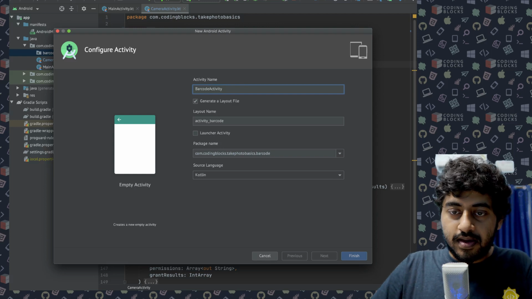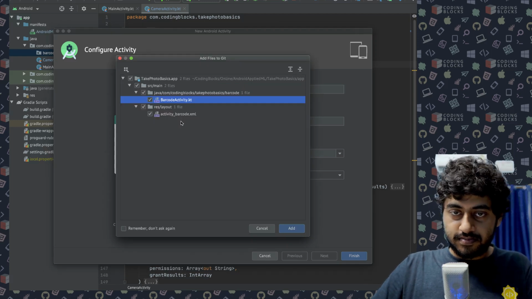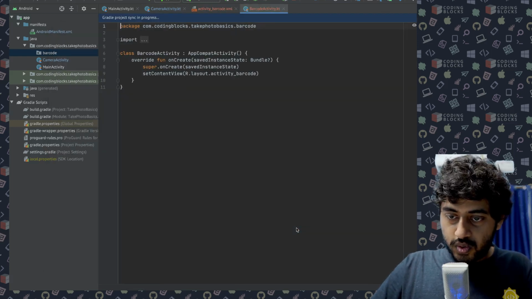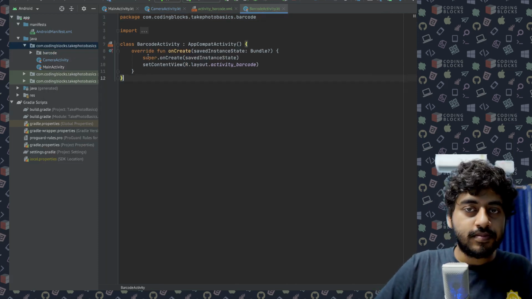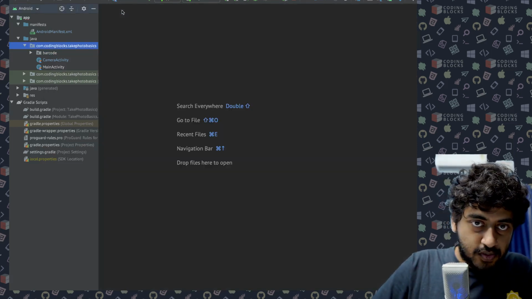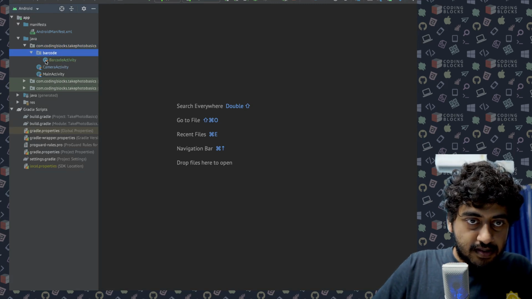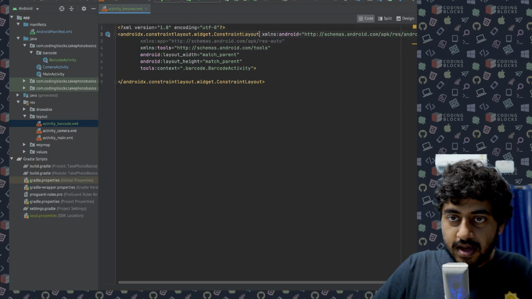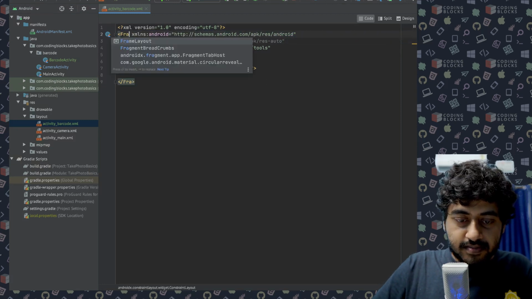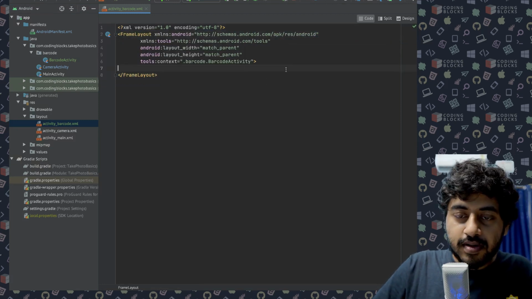Okay, great. Cool. So with this, in the barcode activity, we would have got a layout for that as well. Activity barcode is the one. So I'll make it a frame layout from the top, right?